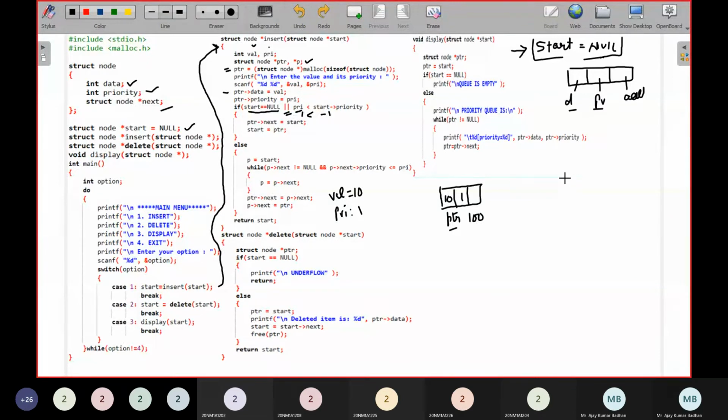In DLD, you know now what the OR operations we can perform: 0 0, 0 1, 1 0, and 1 1. OR operation means if any one of the conditions is true, the output will be true. If both conditions are false, output is false. If both conditions are true, true. If any one of the conditions is true, automatically you'll get the output as 1. Same concept we are implementing here. Same thing.